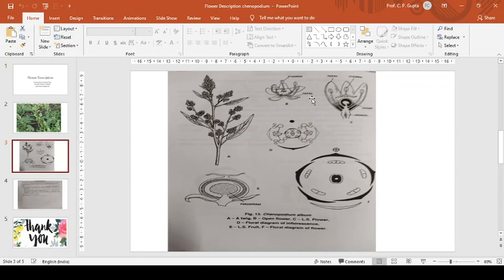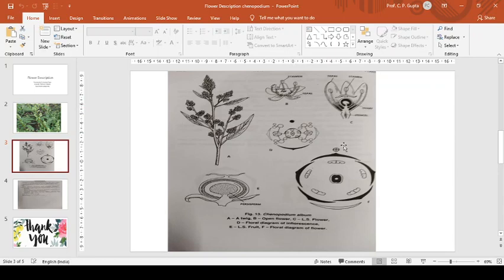Flower is very small and very difficult to see all the floral parts in the dissecting microscope. It is very inconspicuous. Perianth, these are tepals. Tepals 5, polyphyllous but basally connate. They are polyphyllous but basally they are connected. बेस में जुड़े हुए होते हैं. Sepaloid, they are green in color. Quincuncial, oblong to lanceolate.